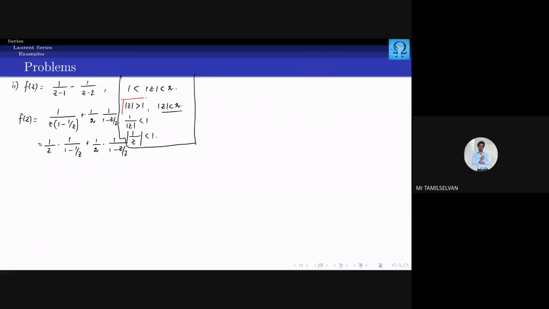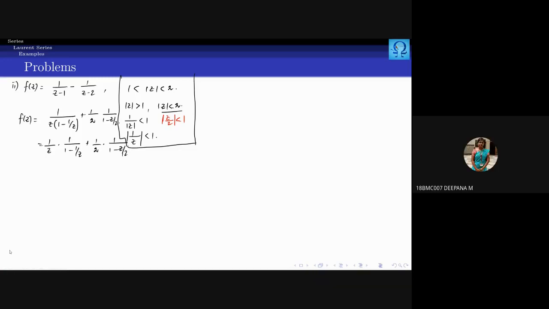But we need absolute of something which is smaller than 1. So for that we just take the reciprocal and we get something of this sort. Okay, this is for the first case. Now here we have this one, which has to be converted. If you divide this by 2, you get absolute of z upon 2 is smaller than 1. So in the place of z, we must have 1 upon z in the first term and z upon 2 in the second term. Is that clear?